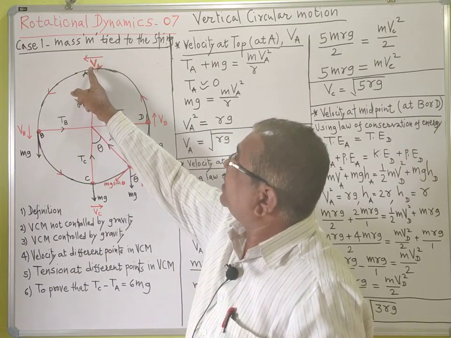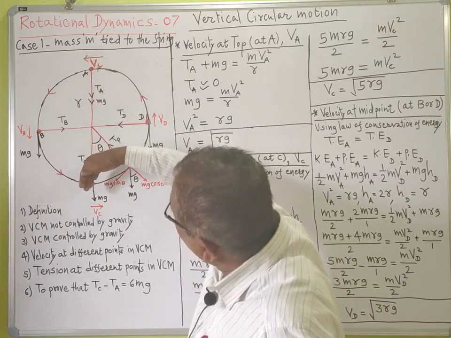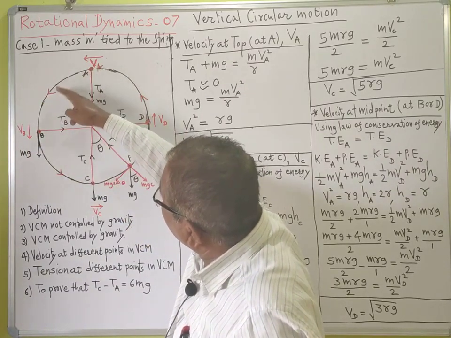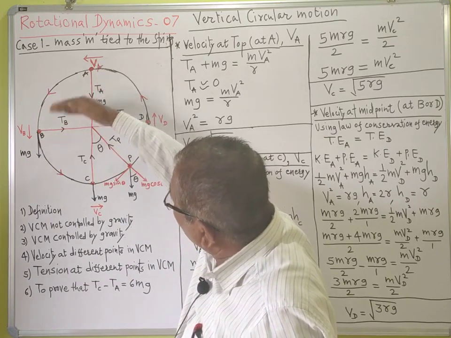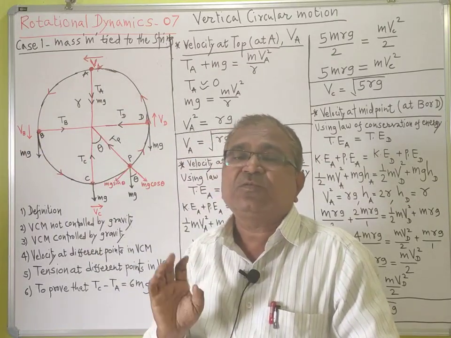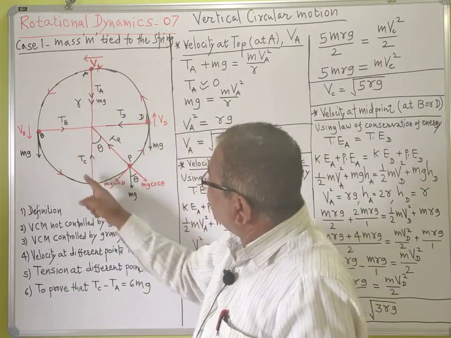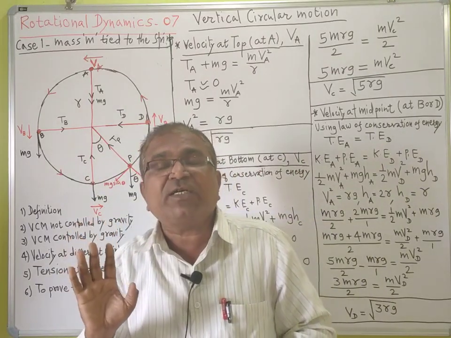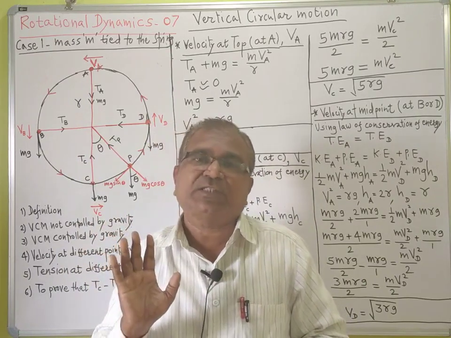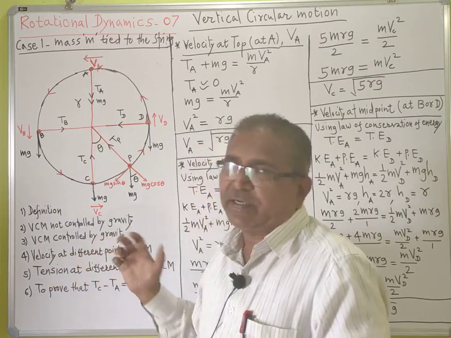And when it moves from top to bottom, velocity again goes on increasing, because acceleration due to gravity acts vertically downward and the particle is also moving from top to bottom. So gravity supports the motion of the bob. At every point, velocity goes on changing, so such a vertical circular motion is non-uniform. Such a condition is called VCM controlled by gravity.